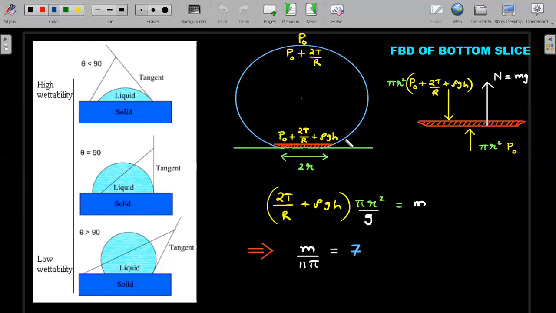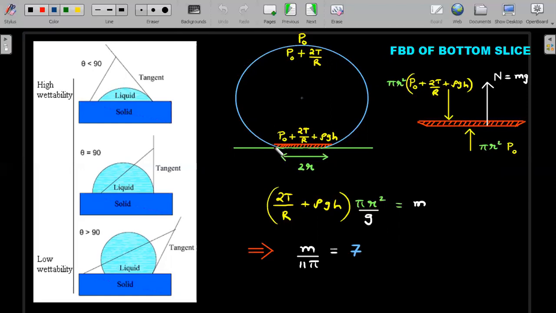Now we all know that in this particular scenario, the entire drop as the free body diagram, the only 2 forces that would be acting on this drop in vertical direction would be normal reaction and its weight. So the magnitude of normal reaction on this drop acting from the plate at the bottom would be equal to its weight. So keep that in mind.